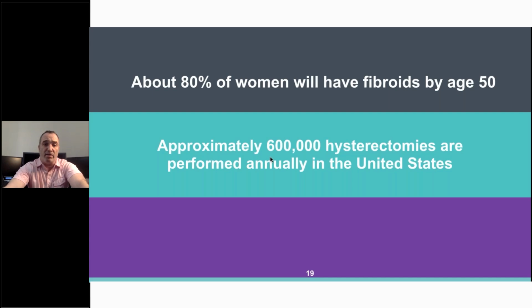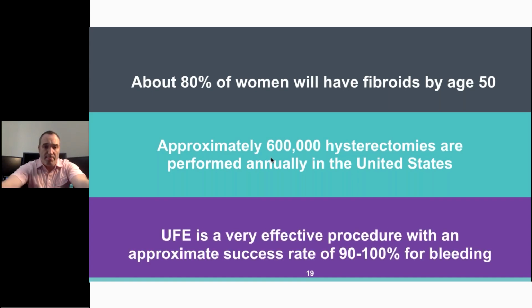I think that while the hysterectomy was a great surgery for fibroids 30 years ago, so was a coronary artery bypass graft, or CABG, for heart disease. That used to be the standard of care, but the standard of care now in heart disease is to open up the arteries using minimally invasive techniques like angioplasty and stent. This is the same thing. There's no reason that most women have to undergo a major surgery when they can have a minimally invasive procedure done to achieve the same outcome.